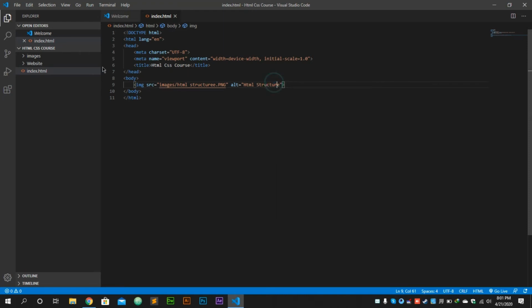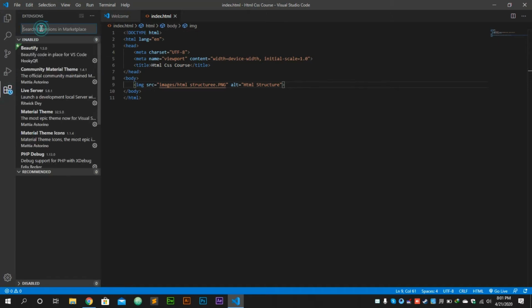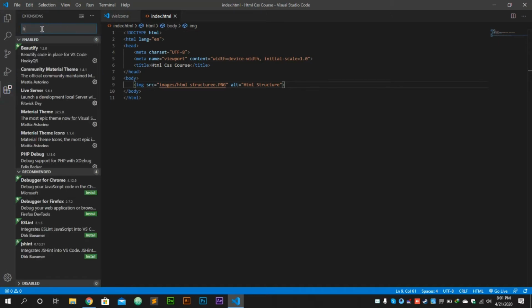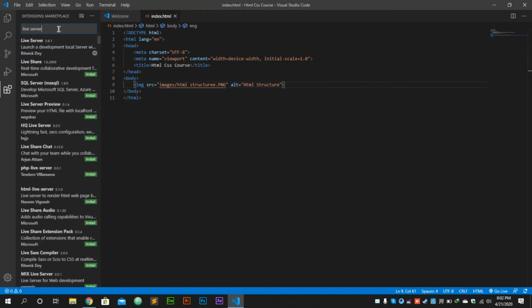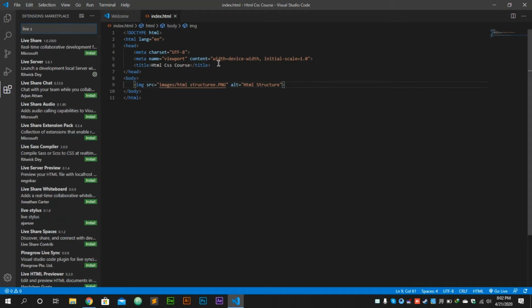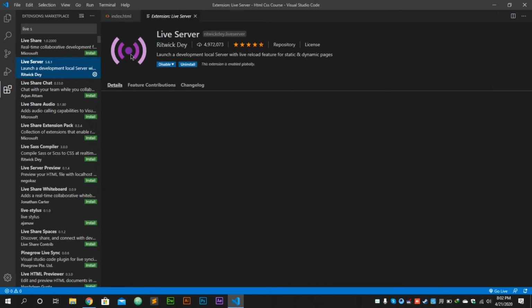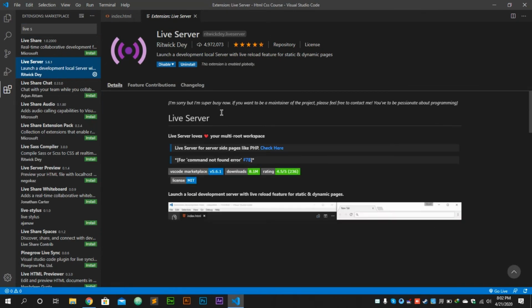Now first of all, you have to install an extension by going there, and install the live server extension. You have to download and install it.